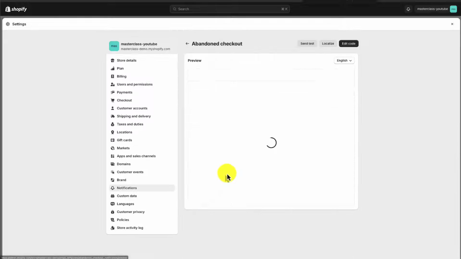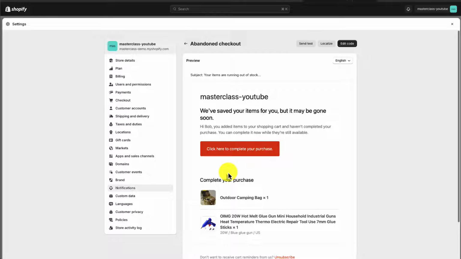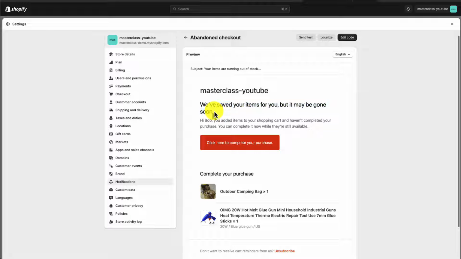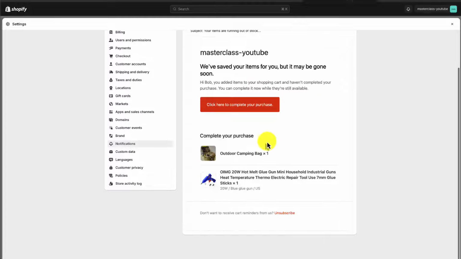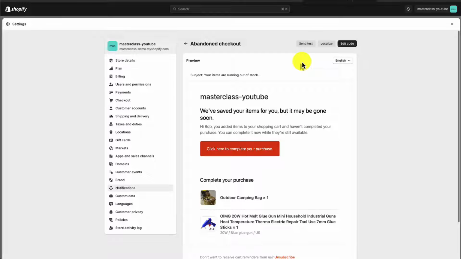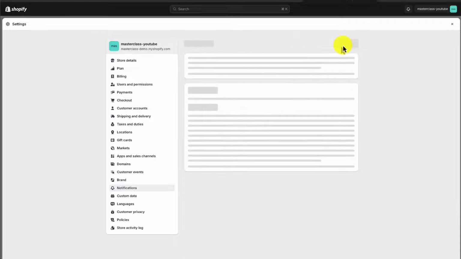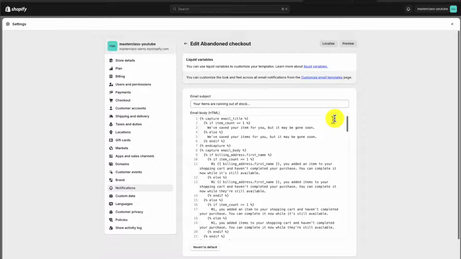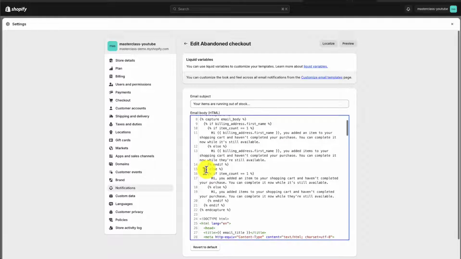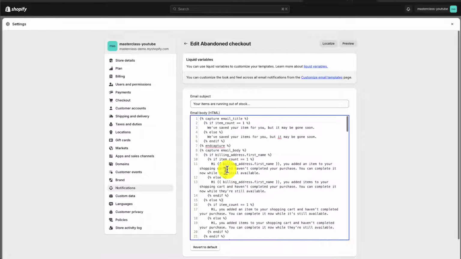So if I click on this here, this is going to open up the notification template. Here I can see the default of "we've saved your items for you, but it may be gone soon," a button, as well as the products that were in the checkout that the customer didn't finish. So let's go and edit the text here. So if I click edit code in the top, we're going to be overwhelmed a little bit with a bunch of different statements. Now, if we ignore the curly brackets and the percentages, it almost reads a little bit like